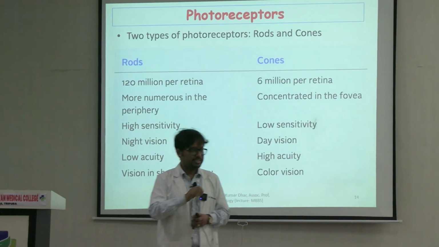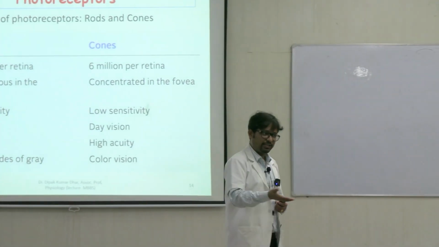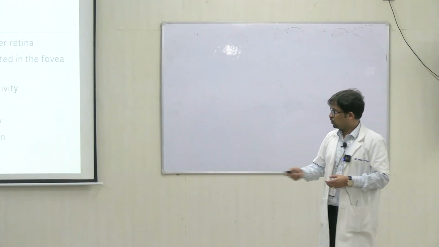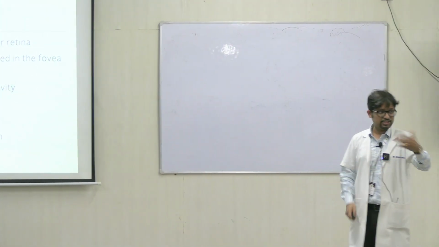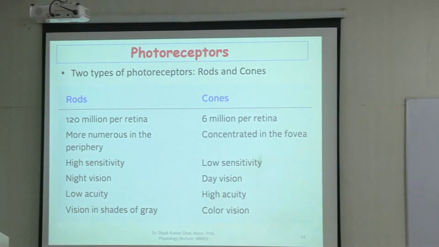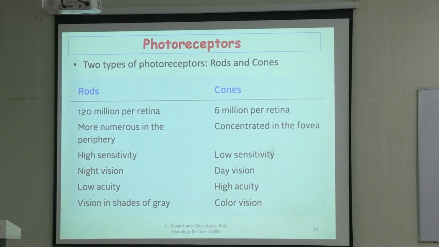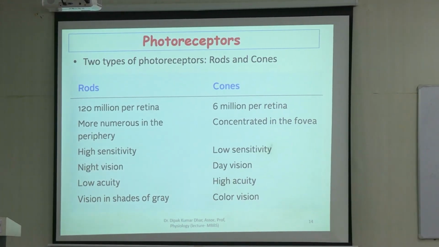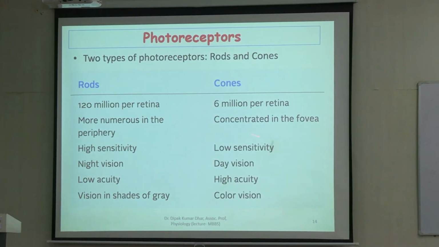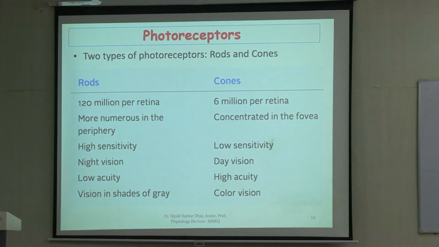So rods are the receptors which are very sensitive to stimulus. That's why they are able to participate in dim vision or night vision. So rods have high sensitivity towards the presence of stimulus. Cone का sensitivity कम है. That's why night vision में they do not have a role. They need the presence of stimulus in abundance. Only then they will be able to perform their other functions. So sensitivity wise it is less. Cones are considered in the fovea.